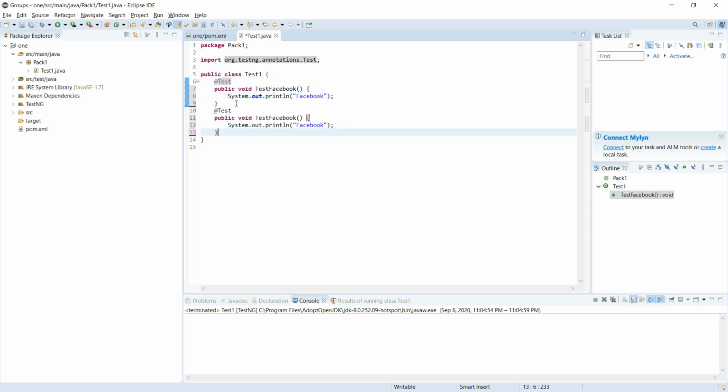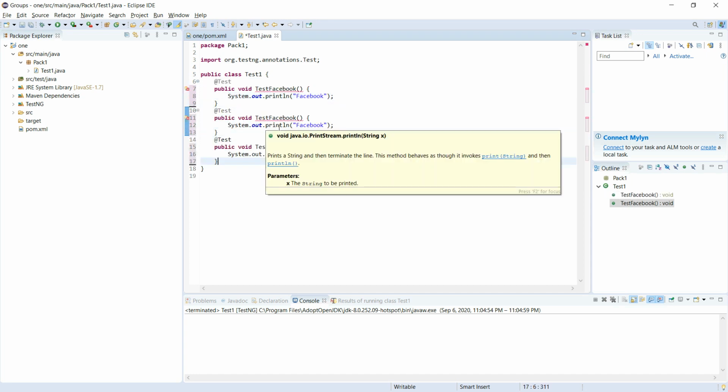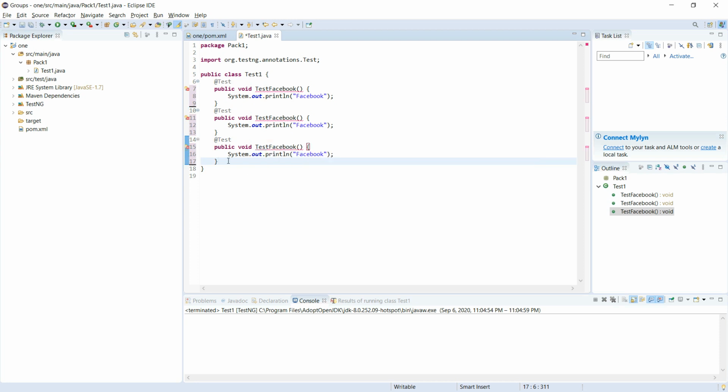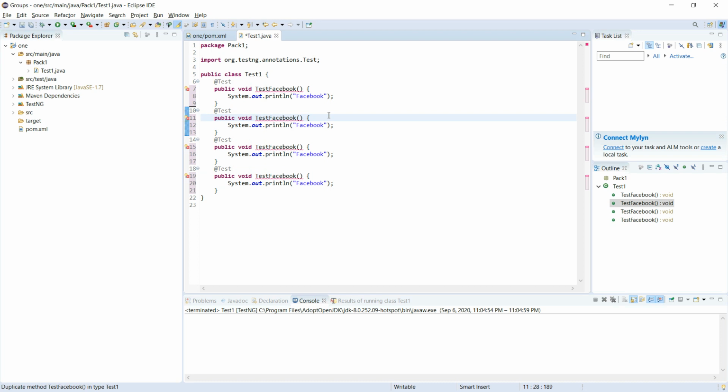Because I don't want to flag, I'm changing the name here: testSkype, and here I'm printing Skype.